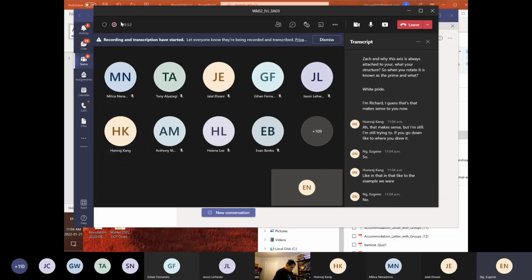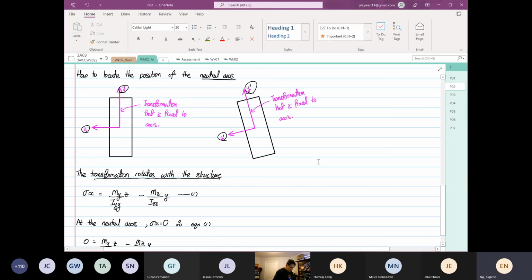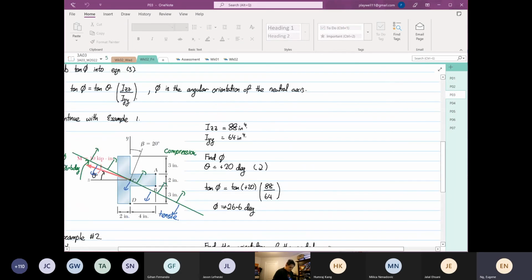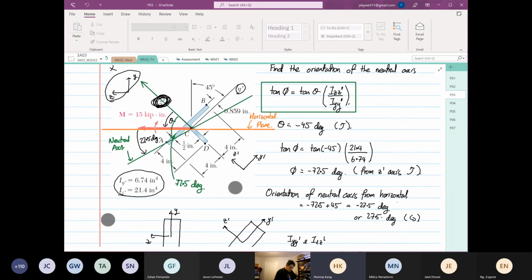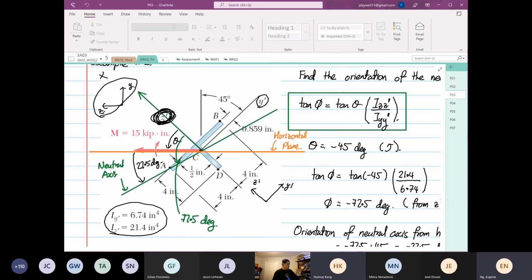Oh, hold on. I just crapped out from OneNote again. This one, right? So when you tilt it, I did not tilt it. The problem tilted that orientation. I did not tilt it. The Y prime and Z prime were given. But all